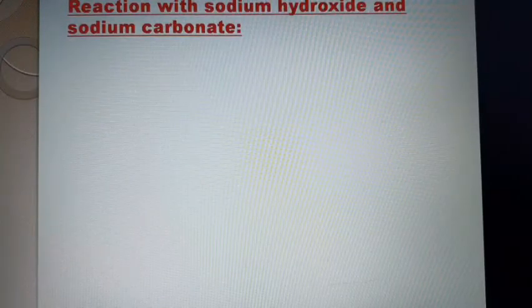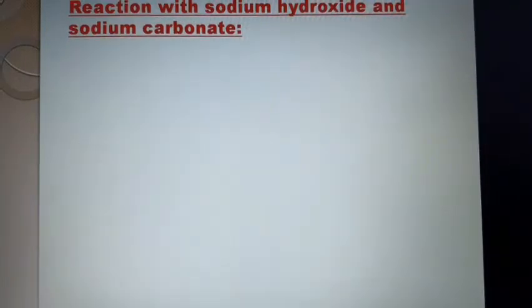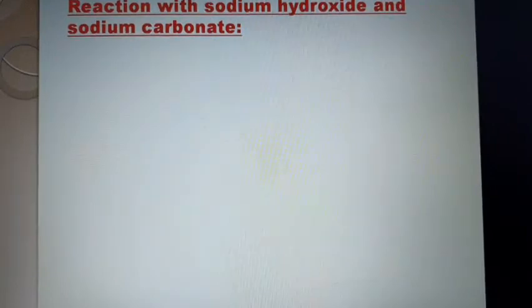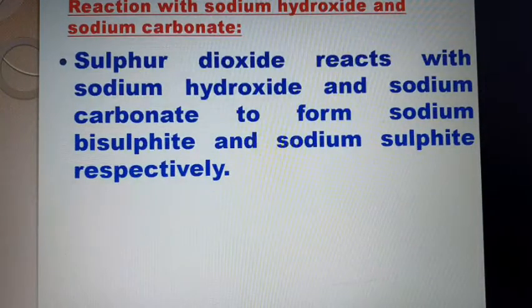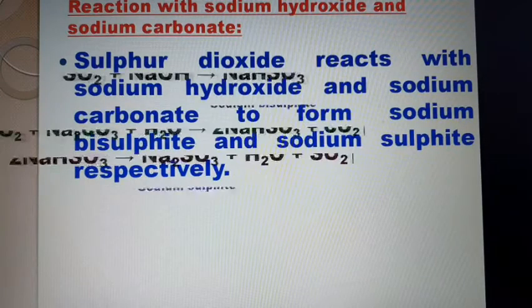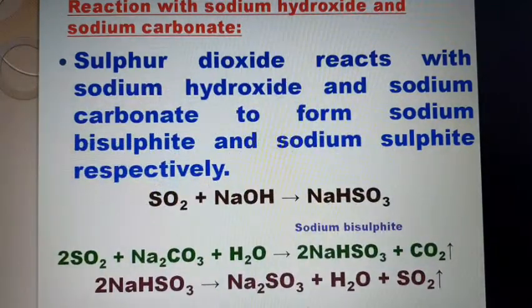The acidic nature of sulfur dioxide is also explained by the reaction with sodium hydroxide and sodium carbonate. An acidic oxide reacts with a base to give salt and water. Sulfur dioxide reacts with sodium hydroxide and sodium carbonate to form sodium bisulfite and sodium sulfite respectively. SO2 plus NaOH gives sodium bisulfite. SO2 plus sodium carbonate in water